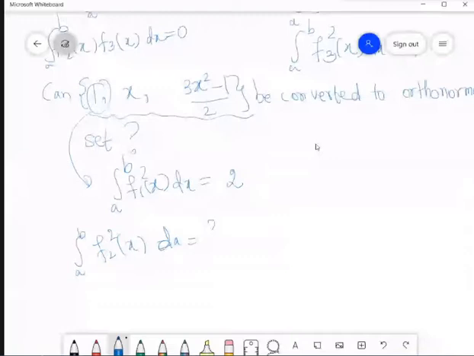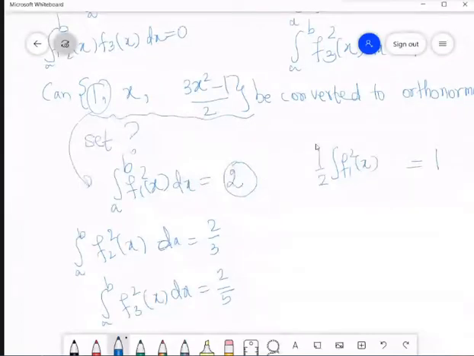And the integral from a to b of f3 squared dx is 2 by 5. Okay, so I don't want a 2 here, but I want a 1. So what I'll do is take this 2 onto the other side, so it will come here and become half. But I'm still not done. I want to club this half with this f1, so I'll take it inside.